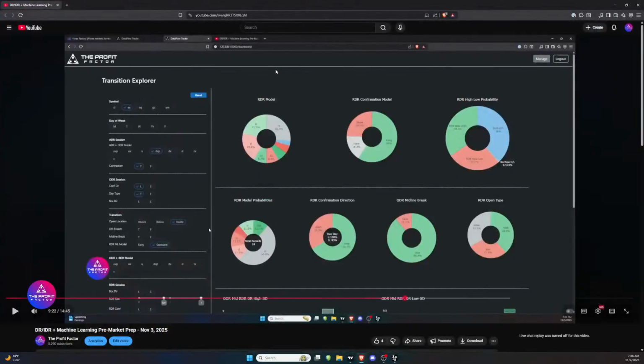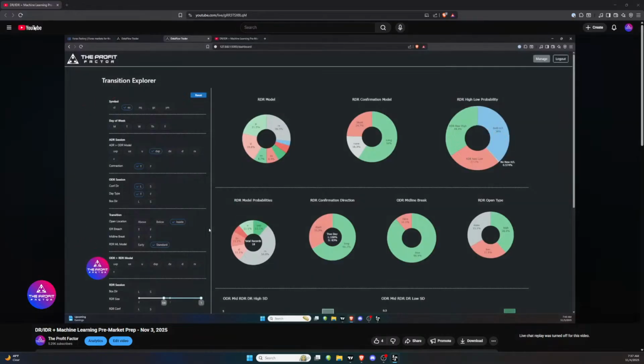Here's some of the machine learning stuff that I do with this data. This is kind of interesting. Based on the structure that we end up building out here, what's the probability that we're going to either get a new high during the regular trading hour session, a new low, or where we'll end up with both a high and low. Today, this machine learning algorithm predicted, at the time, this was like 7:30 in the morning, 8:30 Eastern time, that we would very likely get both a high and a low during